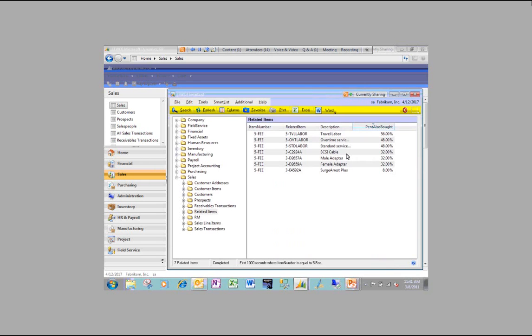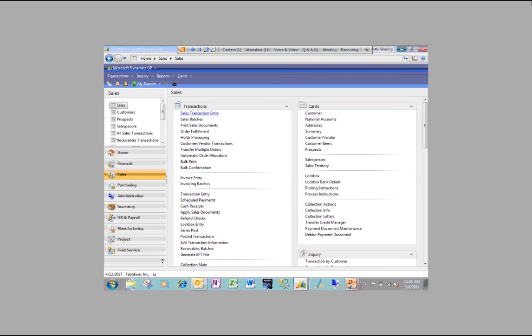So this gives you the opportunity to analyze who's buying related items and then reposition those related items, whether it's on your website, whether it's suggestive selling from your salespeople. Maybe one of two things are happening. Either you don't realize that people are associating two products together, so now you've got an opportunity for additional sales, or maybe folks should be associating two items together. When they buy the printer, they should also buy the printer cable to go with it, and you're not doing a great job of associating those items. You can go fix that. So as I said, this is free code to help you guys analyze sales stuff coming out of sales order